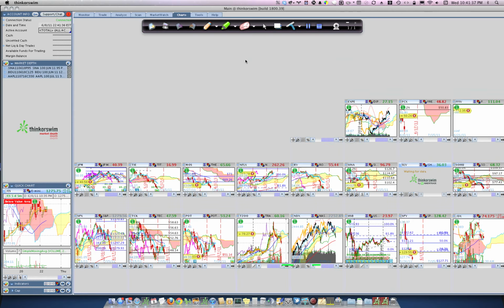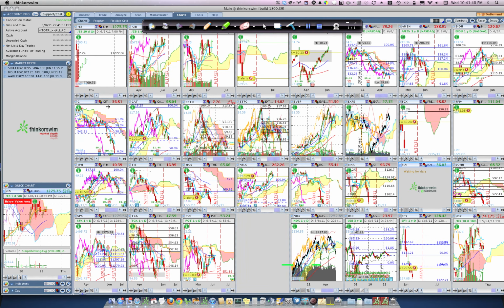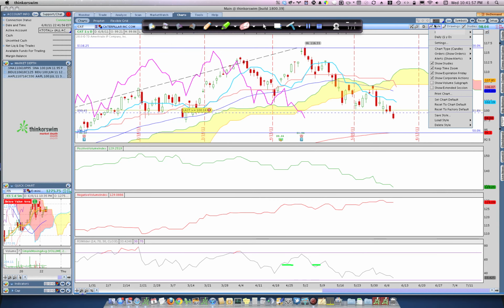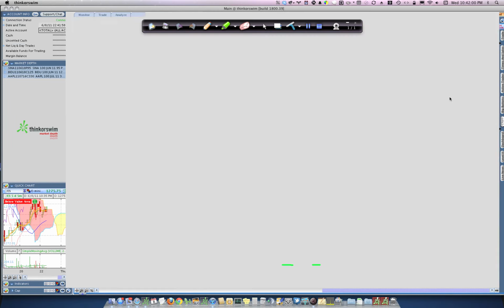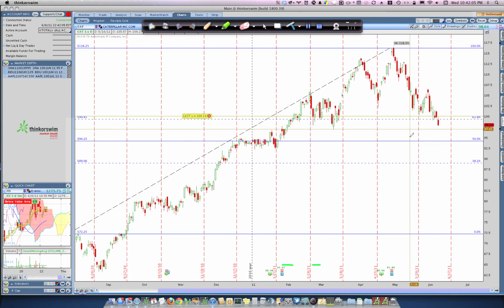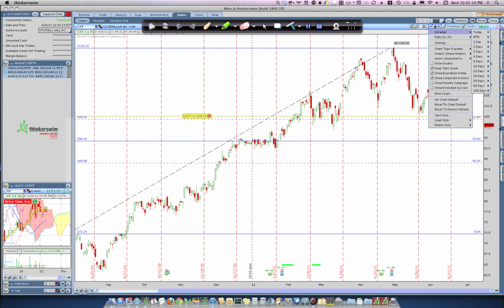I make use of a number of charts. Let's just pull up CAT here. First of all, you can double click on the name and it will usually expand to a full screen, but there's just so many here. Let's just click on this, say maximize full screen. I use a number of different styles, but I want to use as few styles as possible. So I have one that I just call clean, and all it is the candles, and then I can draw my fibs on that. I build up here under the style setting menu where I can choose my styles,